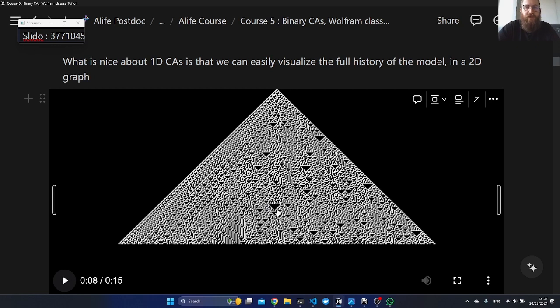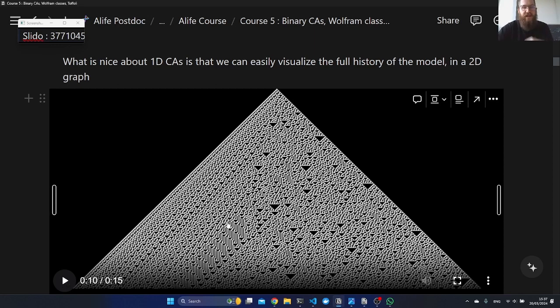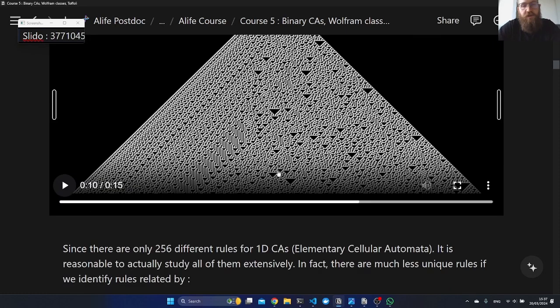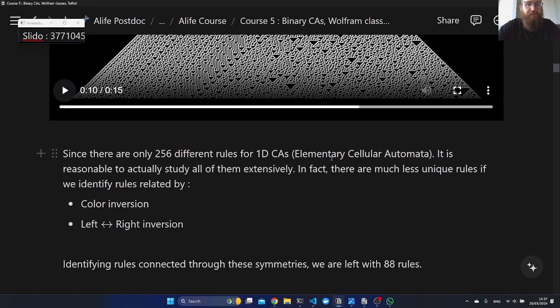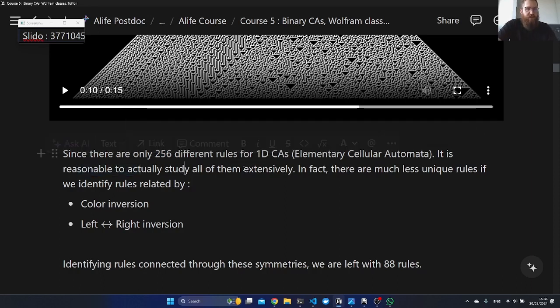So for example, this triangle here would be very hard to notice if you had only seen the dynamics on a line, right? You would see some black thing that goes like this. But here in the space-time diagram, we can see these triangles. That's one advantage of 1D CAs, we see the full history at once, and so they are a bit easier to analyze. And so, as we said, there are only 256 rules for 1D CAs,